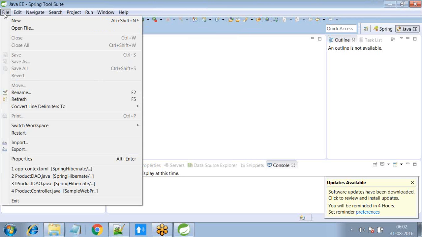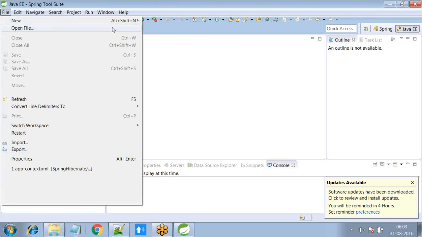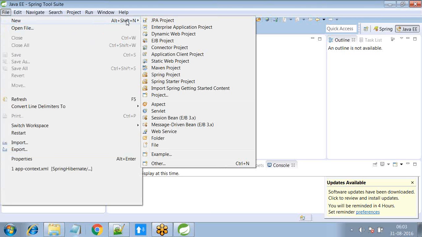So here, first of all, to create a Spring project, yes, Gradle is there, so there are other tools also, but here, let's work with Maven. So file, new, and Maven is actually more widely used than Gradle. Yes. The New Spring Project option will be there. You should see the New Spring Project option. So if you can select this,